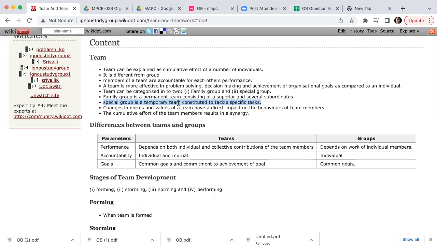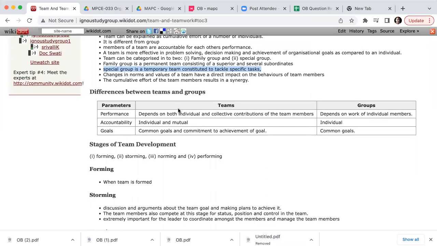Similarly, Vajpayee would have accumulated some MPs, some MLAs from various parties, not just from the BJP during that time. Right. So it is a diverse group, where even some IAS officers might be there. So it is a diverse group which was tasked to do a specific task. So that is the special group. Okay. And as soon as that particular task is done, the team is dispersed. This is not a permanent structure. Right. So this is what the team is about.